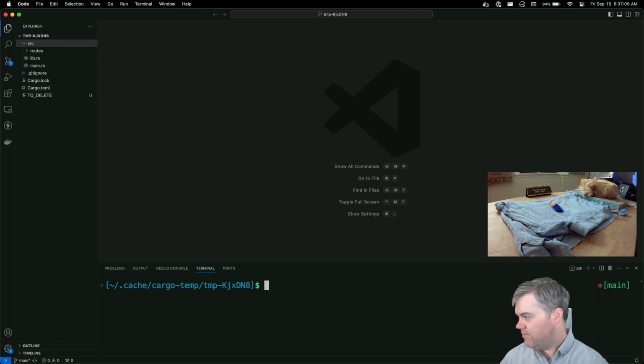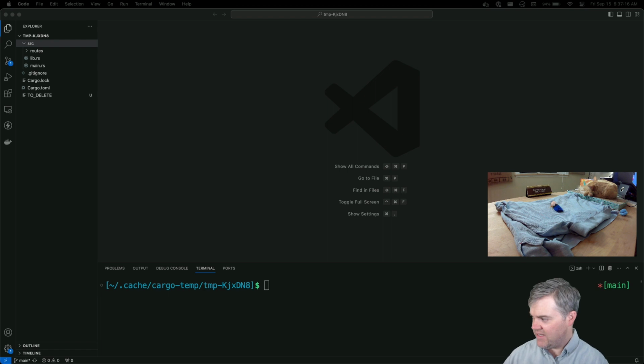Okay, so I also want to go back. We're going to go to objectives over here so I can see that. Describe why we want to handle errors. Return a result with an error. Create a custom error struct.